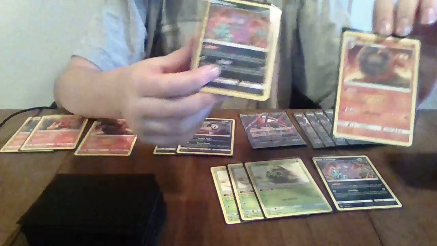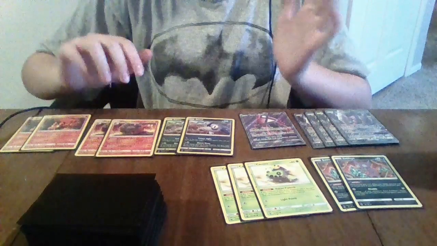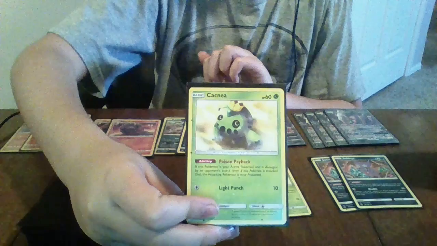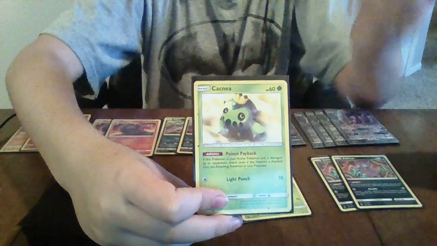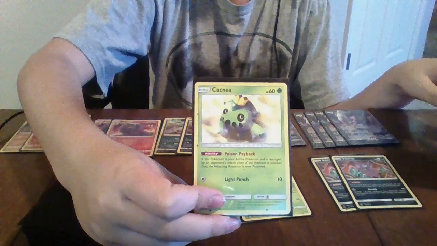But we'll get to that later. But now we gotta go to our final Pokemon of the deck, which is three Cacneys. Now, why three little Cacneys, you may ask? It's because of its ability, Poison Payback. See, with this card you're pretty much gonna want to let it die,